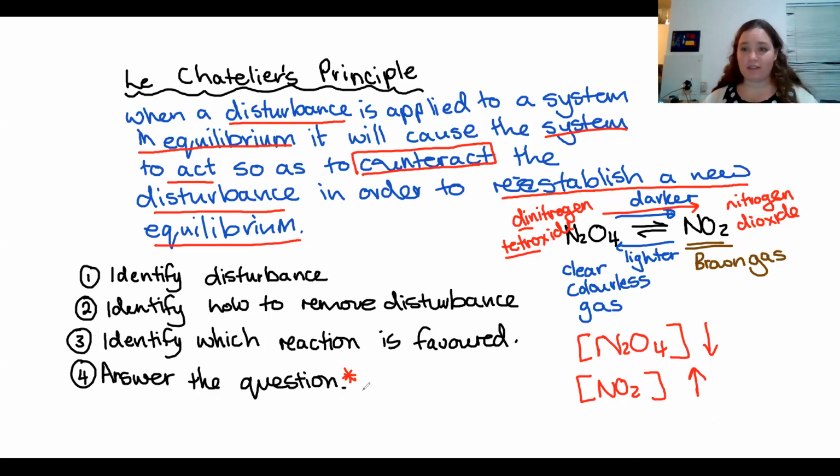I'm hoping that in today's lesson we'll manage to get through all of Le Chatelier's principle as well as the basics of calculating Kc. I know it's quite a lot, but I think we should manage to do it if everybody's managing to keep up. Okay, so the next thing is, which are the factors or the disturbances that can change and affect